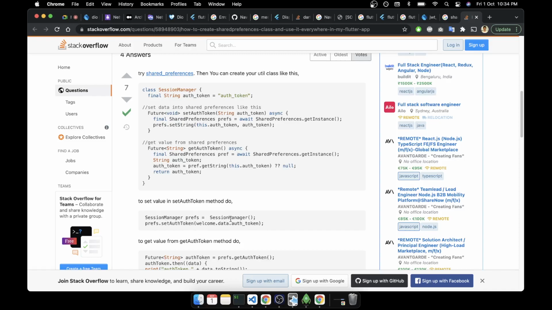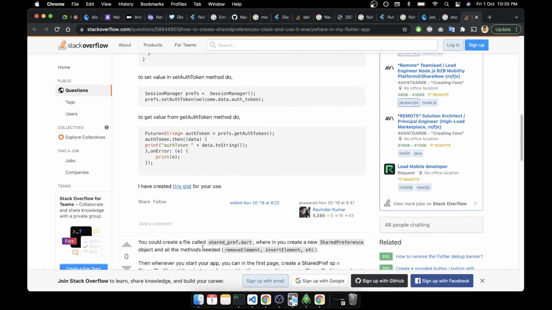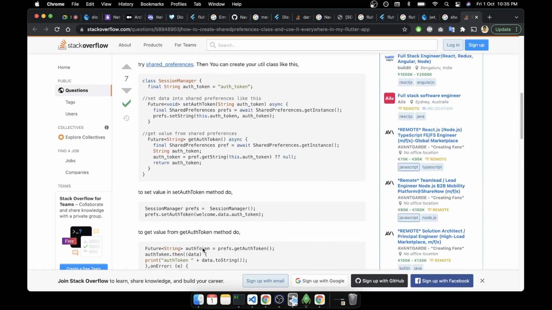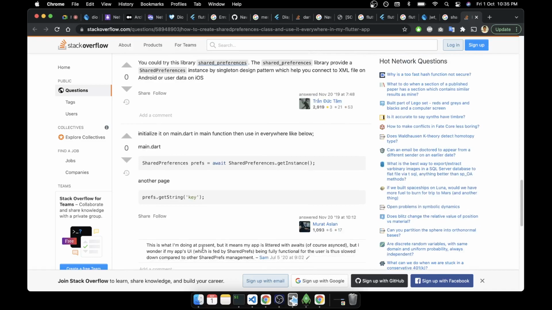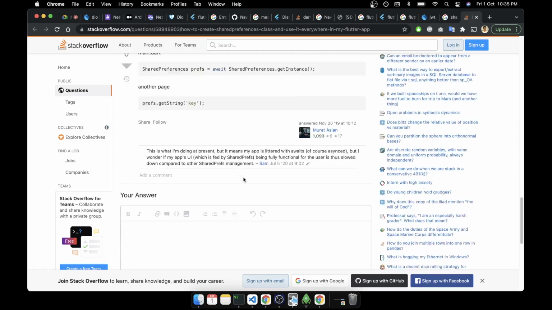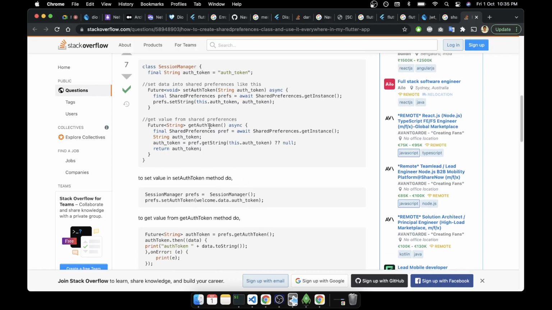Then SessionManager, okay, so they are taking the session manager, then pref set token, set the value, pref get token. Is there any other better way? Await SharedPreferences.getInstance, then another page will be preferences. Okay, nope, we wanted to do this, but we don't want to do it in every async place.